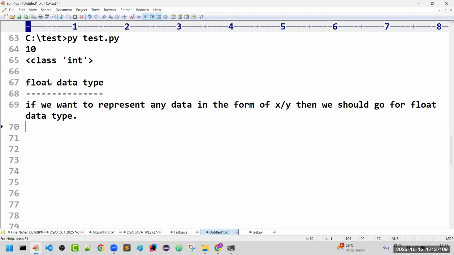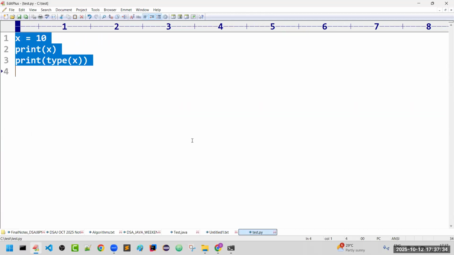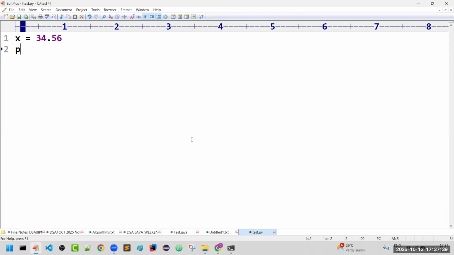What does x by y format mean? It is always a floating point value, where a decimal point will be there, like 3.2. That particular thing is considered floating point. Let us take one simple example to demonstrate this. Here I am going to take x is equal to 34.56.